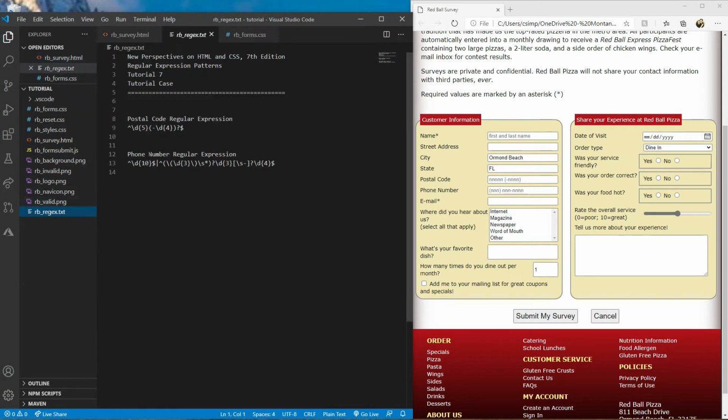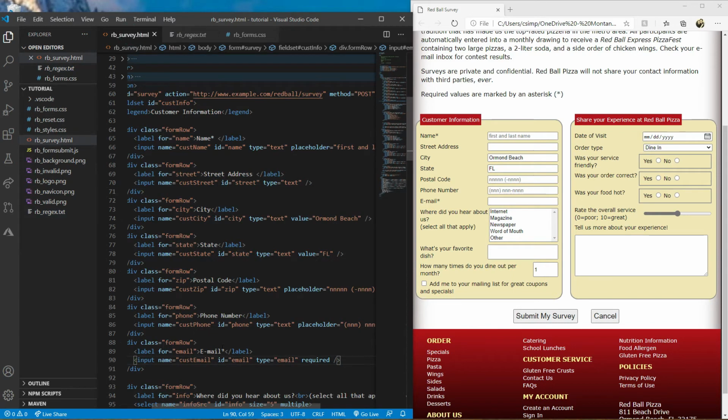We have been given regular expressions in our text, so the projects probably will as well. In this case, we are doing a regular expression that says give me 5 characters and then possibly give me a dash and 4 more. So that's my regular expression for my postal code. And then my phone number, if you're going to have 10 characters, is a 334 like a regular phone number is. So I'm actually going to copy this postal code regular expression, go back to my HTML, go down to